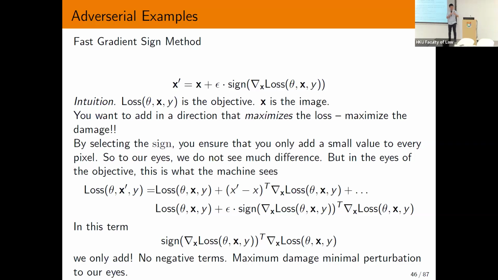Let's try to maximize the error so that you get the panda wrong. That's the idea. Just go in the opposite direction. Not only that, it was picked in a certain way with this sign function over here. In each pixel we add very little amounts, but collectively when you add